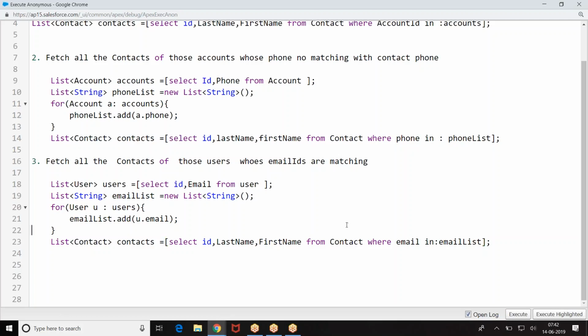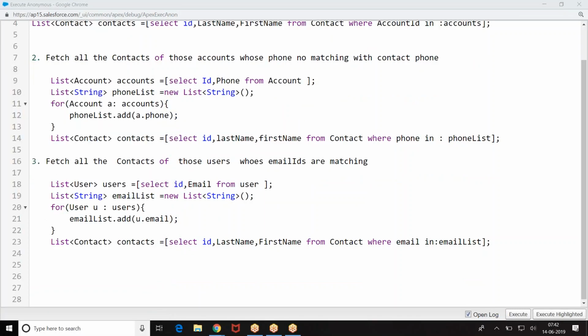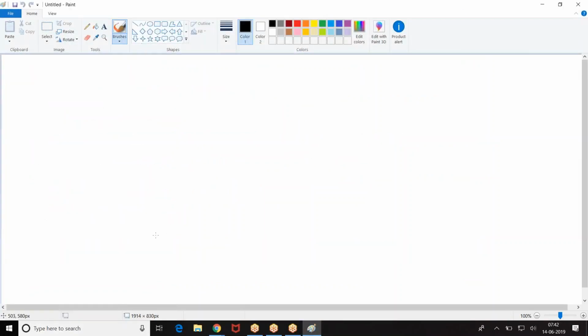Okay, come back. Now here we are holding this data. Come back to the next one. Here we are writing two queries. Now there is another choice that we have. What is the other choice? Here we have a parent to child SOQL query. Look at this.